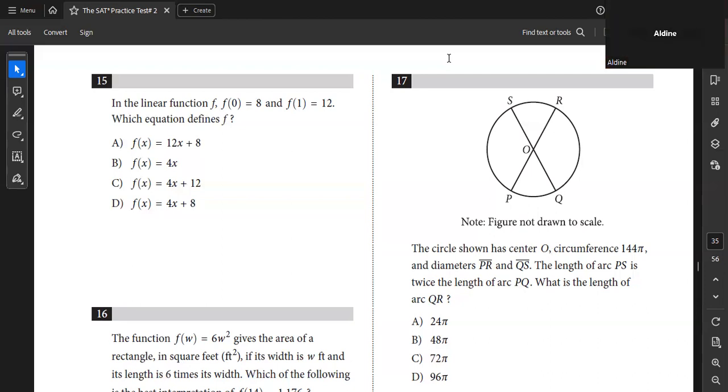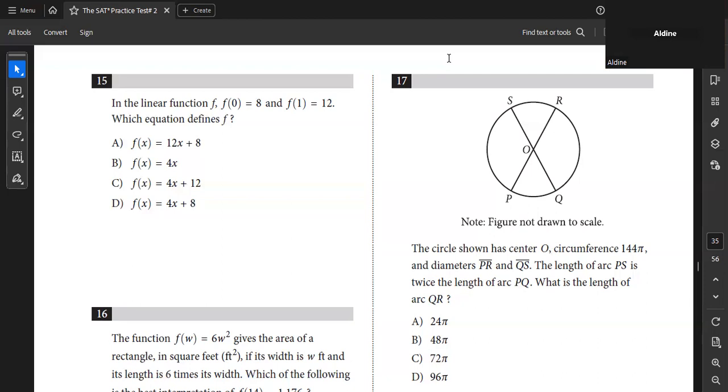All right, the question already told us the circumference, so we need not worry about that. 144. However, we can slice it into 6. How do we do that? If SP is twice the length of PQ, it means